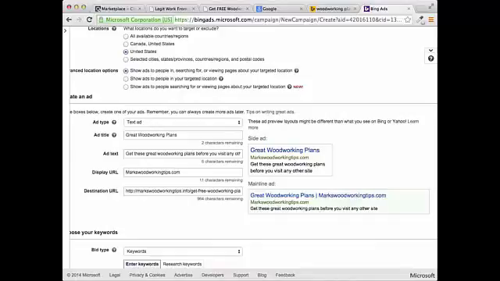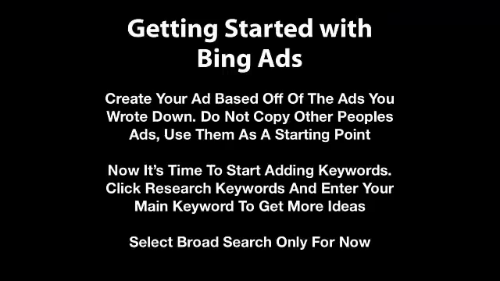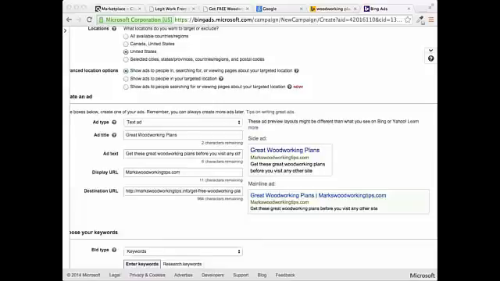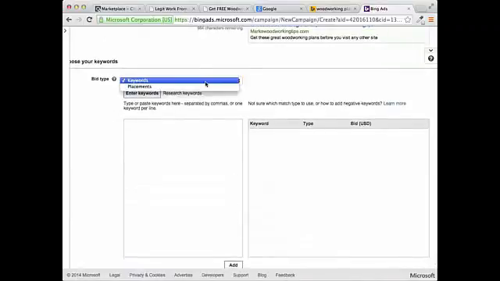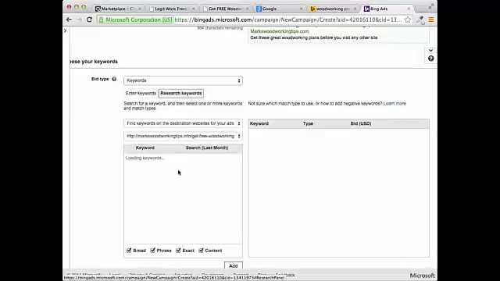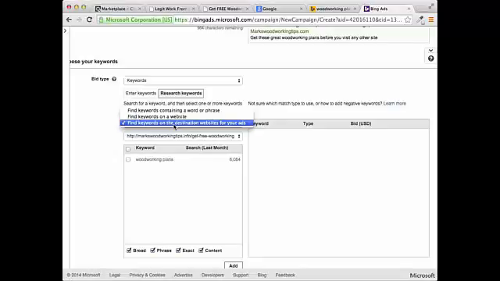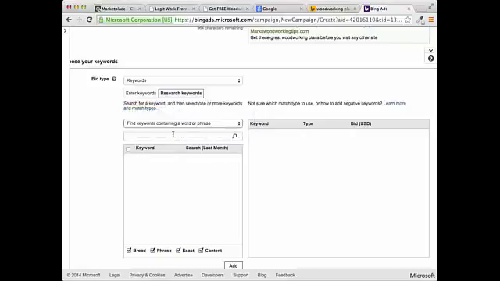And now it's time to start adding the keywords. So what we're going to do is right below here, we're going to go ahead and click on the research keywords. Okay, if we scroll right down here, bid type, we have keywords or placements. We're going to be using keywords, and then we can research keywords. You can see it says find keywords on the destination websites for your ads, but I want to find keywords containing a word or a phrase. And once again, we're going to use woodworking